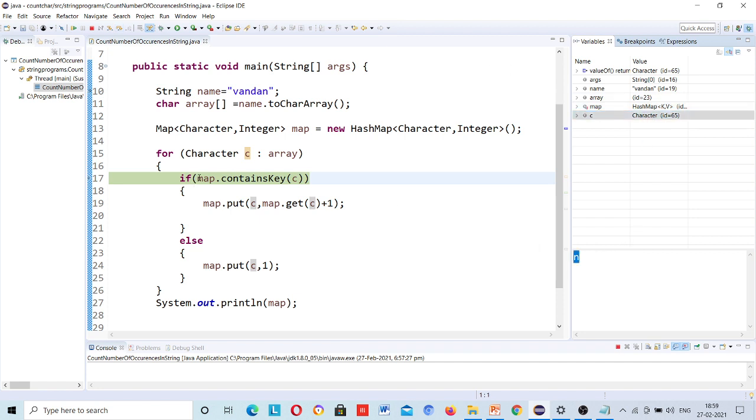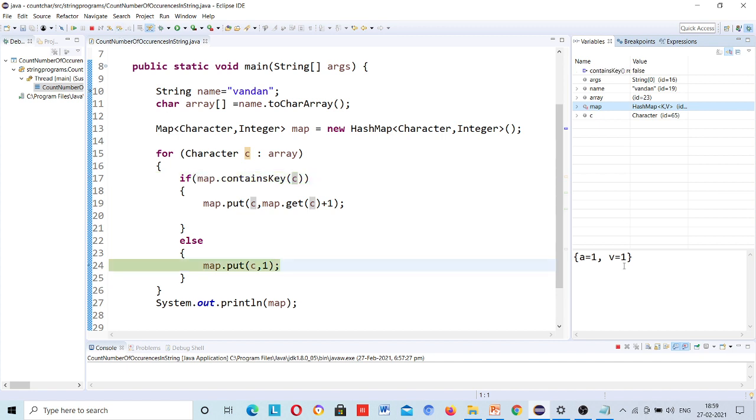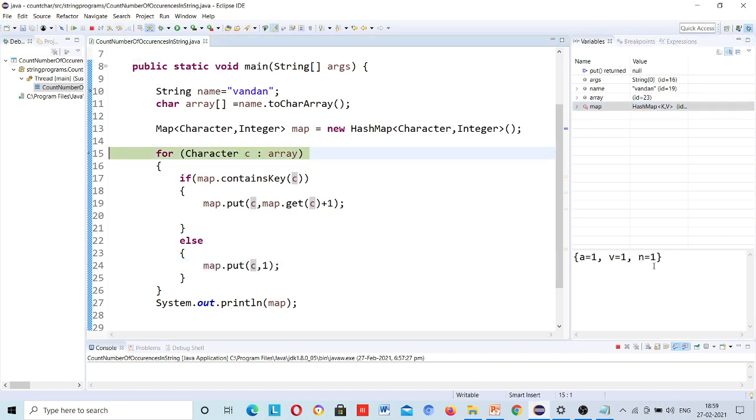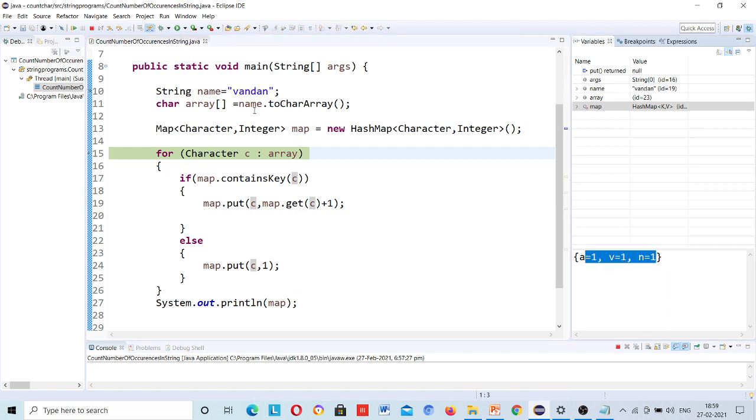Okay, so it is checking n inside your map. Just step over, it will come to the else part because n is not in the map. Okay, so just step over, it came to the else part. Okay, and once I again run this step, just need to click here, so it added n here. Okay, then it gone, and then it will copy. Currently this array, this C variable, is storing what? Nothing. Okay, just these three values.